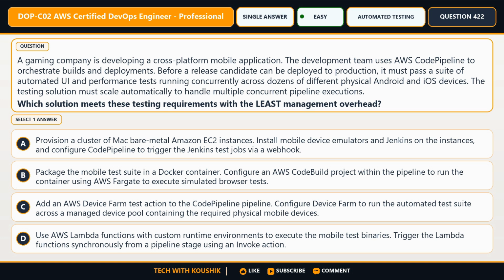The testing solution must scale automatically to handle multiple concurrent pipeline executions. Which solution meets these testing requirements with the least management overhead? Here are the options. Choice A. Provision a cluster of Mac bare metal Amazon EC2 instances. Install mobile device emulators in Jenkins on the instances, and configure CodePipeline to trigger the Jenkins test jobs via